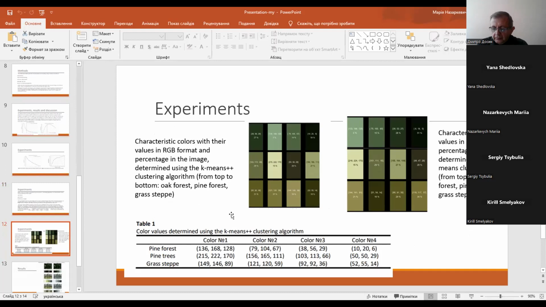In the slides are presented image experiments, characteristic colors with the values in RGB format and their percentage in the image determined using the K-means clustering algorithm, and other image characteristic colors with their values in RGB format and percentage in the image determined using the fuzzy C-means clustering algorithm for oak forest, pine forest, grass steppes, and